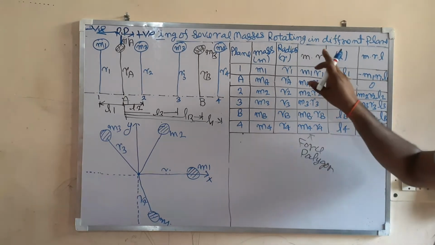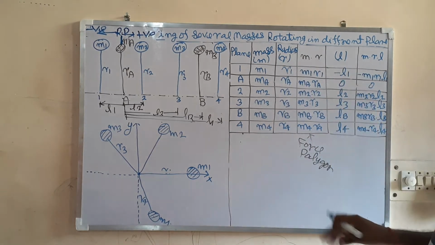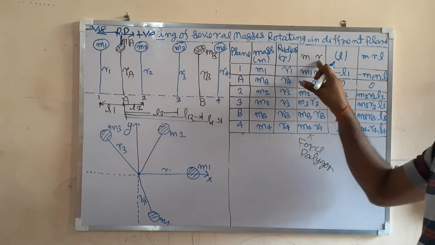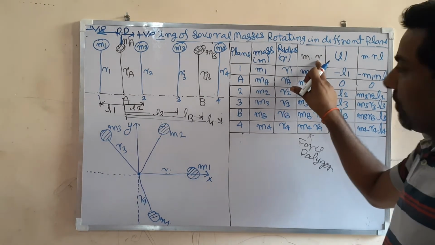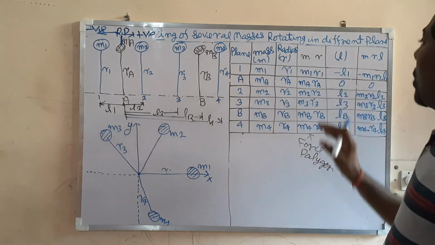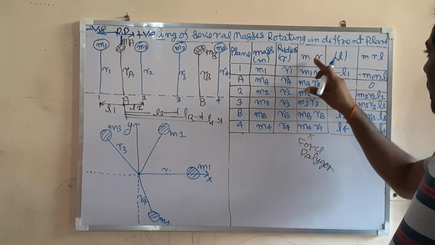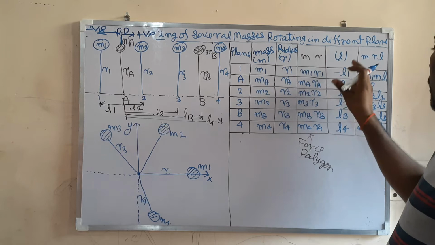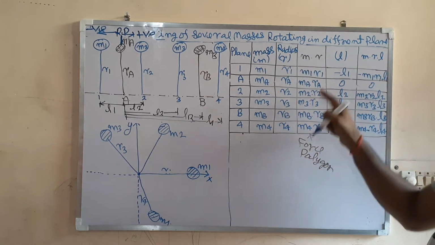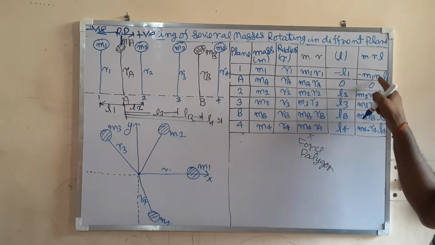Now you multiply this and this. This is M into R and this is L. Actually, this is m r omega square. I have left out omega square because it is common in all. So actually this is the centrifugal force. When you multiply by the distance, you will get the couple. So here we are getting the couple m r into L. Let us multiply both to get the couple m into R into L. Multiplying m into R into minus L1, this is minus m1 R1 L1.